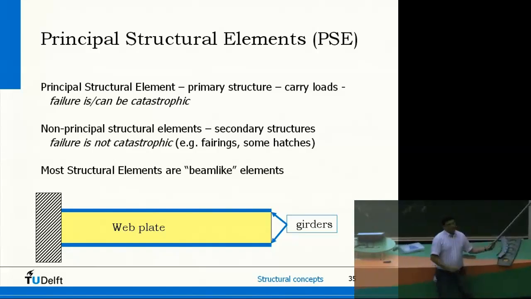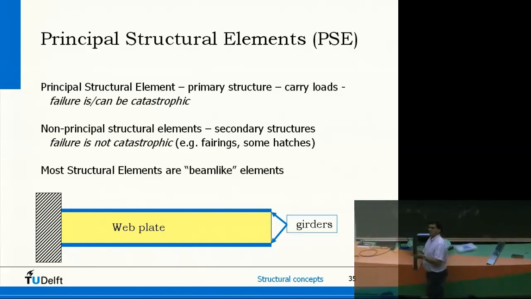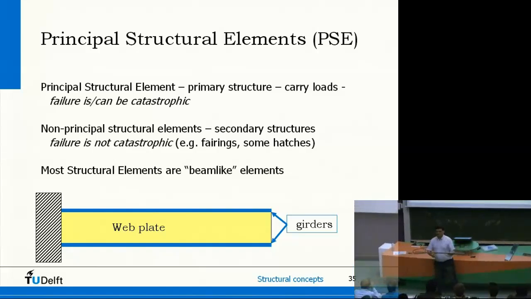Another element, if you look into the study collection we have, you see a lot of these stringers. This is what we call a Z-stringer. I just turn it around a little bit so all the others can also view it. Actually it is a shape like this, a lower flange, a vertical flange, and then a curl, a Z-shape stringer. Again, you have upper flange, lower flange, and a web plate in between. Also a beam-like element.